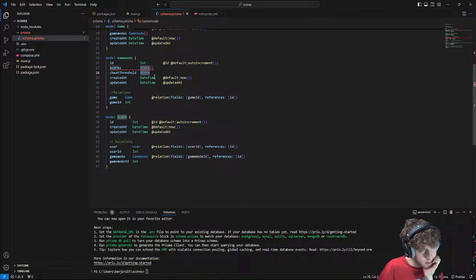So how am I going to do that? There has to be some way I can structure this to make this actually function. We have the array of scores for the game mode, and then the score for the cheat threshold. What if I... So that to be an array of integers.